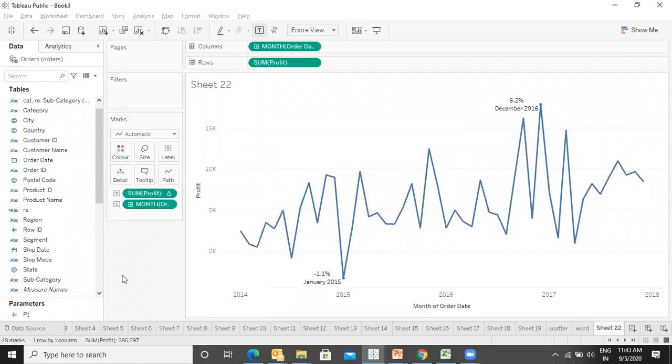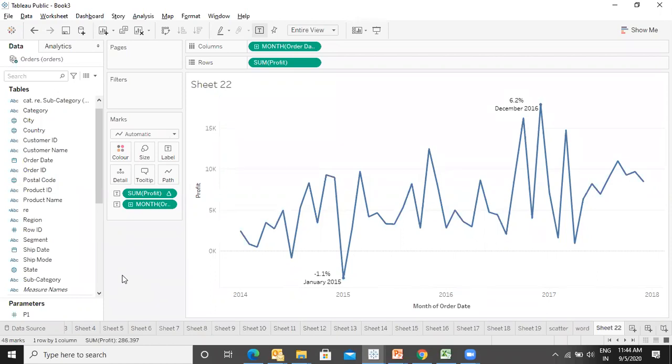Okay. So this is the entire trend of my profit in the 4 years. So in January 2015, there was a minimum, a loss, that is 1% loss was there. Now I have shown it in the way of percentage so that it is more easily understandable rather than the big numbers. And December, that was the highest profit, that is 6.2%. So with this, you can also take an idea of the profit margin. If we talk about the overall profit, so this is what we are getting, 6.2%.